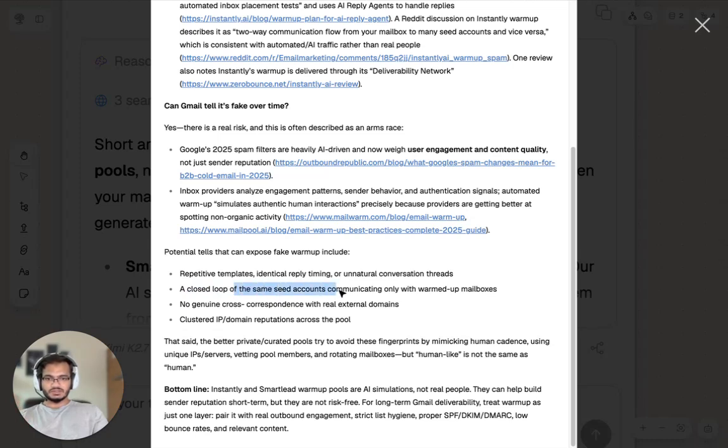Usually this is the real problem, the same seed accounts being activated over and over again. But there are some really good warm-up providers who make sure that they avoid some of these loopholes. I'm not going to recommend any, but you can probably find those. They usually have very, very expensive pricing. So if the pricing is really high and some really enterprise folks are using that, then that's a signal. Another way to look at it: if Google or Microsoft are using a warm-up service to recover their own IPs, that's the warm-up service you want to use if you can afford it. Otherwise, just make sure that you don't send bad campaigns. That's the bottom line, always.